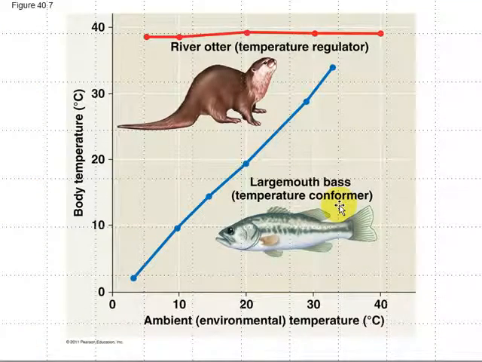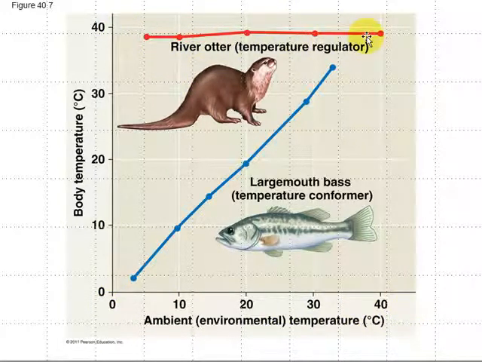A good example used in your book is with body temperature and environmental temperature. If you're looking at a mammal like a river otter, he is a temperature regulator. You'll notice that his change over time is not much affected by the ambient environmental temperature. So down at the bottom here we have the ambient environmental temperature. As it goes up, say from 0 to 40, you see the river otter's temperature tends to stay very much